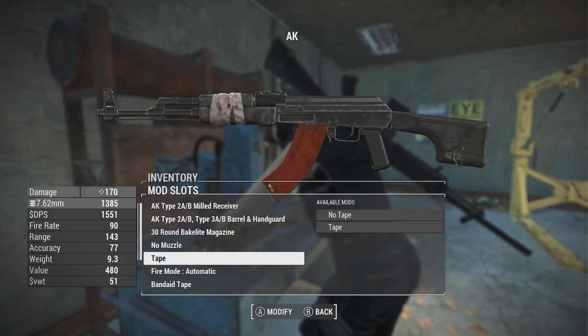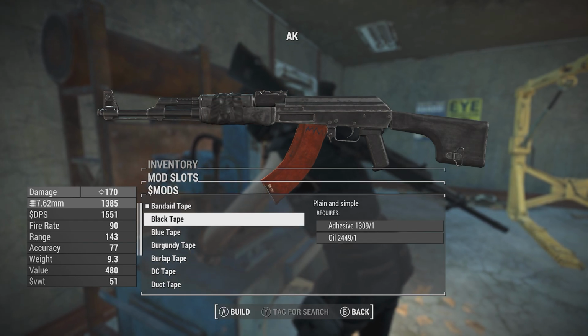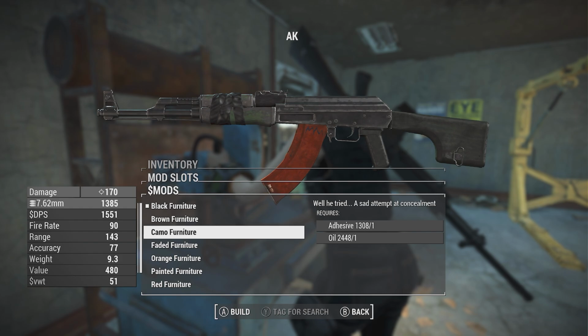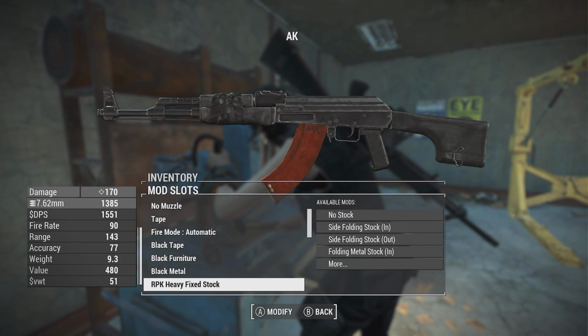That's where we get the tape on certain AK barrels. So there's the Band-Aid tape, so you can see the different colors. Black, we can put the black tape on there. All of these, like a huge amount of customization in terms of stuff here. But we obviously would like